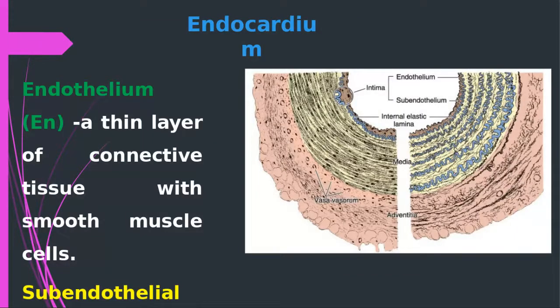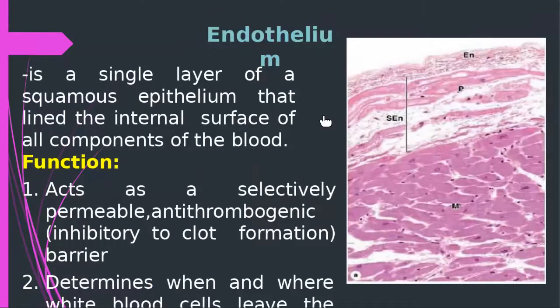Now the endocardium has the endothelium. What is it made up of? It is made up of connective tissue with smooth muscle cells. Then there is also the subendothelial layer, which is below the endothelium. If you look at this picture, I'll show it with the help of a pointer. This is your endothelium. Below it is your subendothelium. Then what is endothelium? It is basically a unique